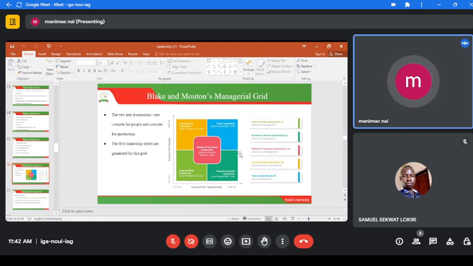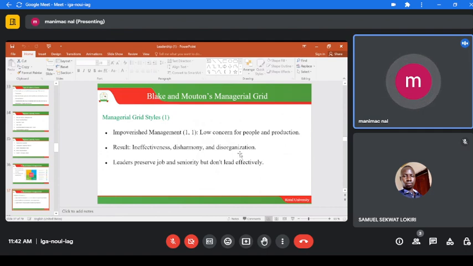But the higher the task, the higher also the result, or vice versa, because we say that what sounds in terms of management is also where we look at the higher tasks and higher people. Further still, in detail, there is the impoverished management, which is 1-1, concerning